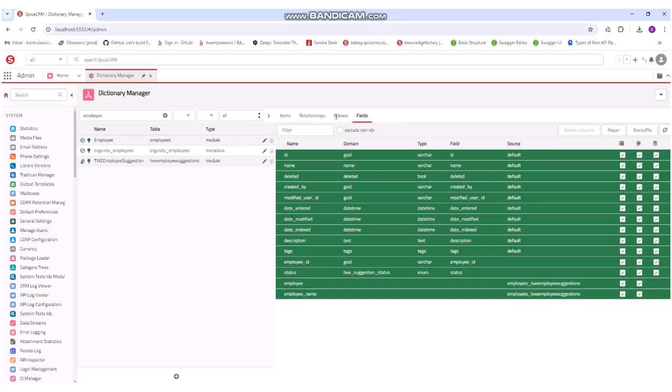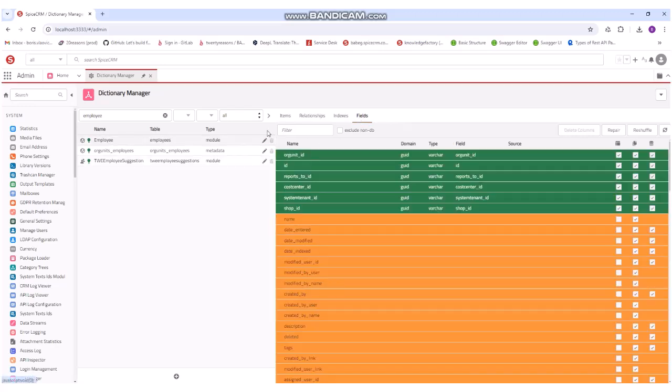If we go to the employee, for example, and move to the fields, it will give us a better representation of what's happening. Columns with the background color of green represent items defined through the dictionary manager. Orange in this case means it was created through the old implementation of var defs. Those fields are statically defined in the codebase of SpiceCRM. We can filter the table based on their name,